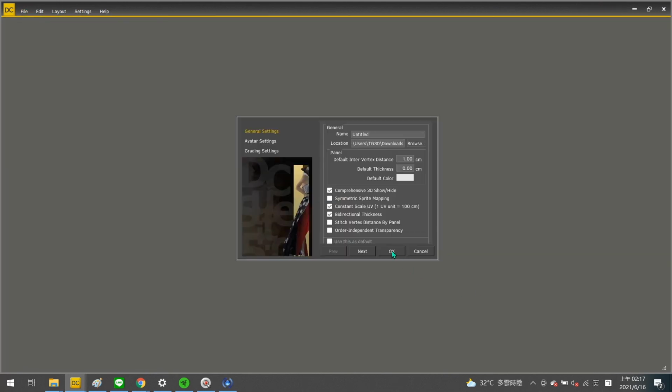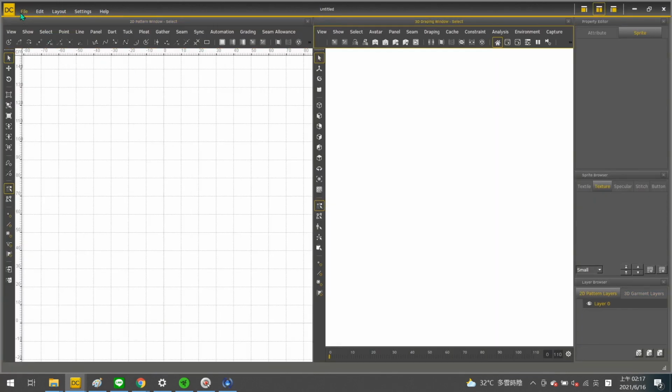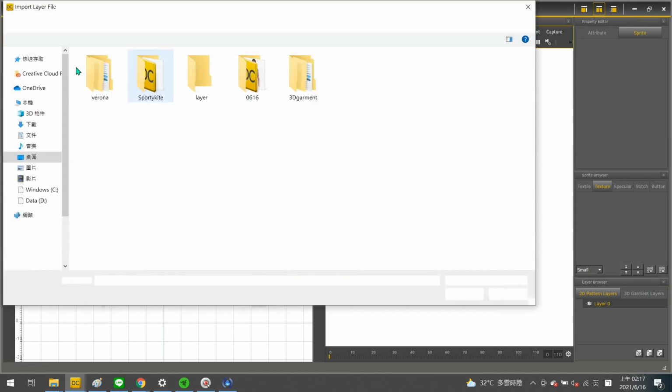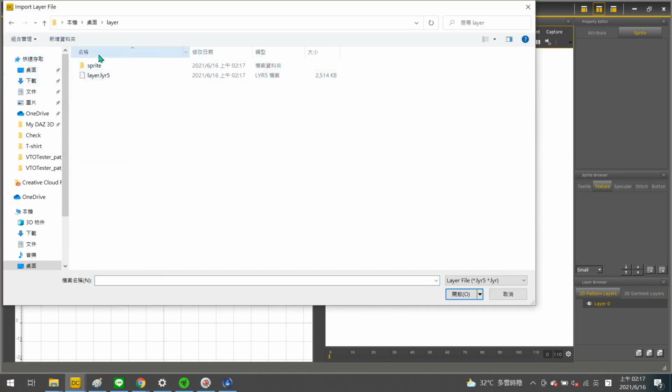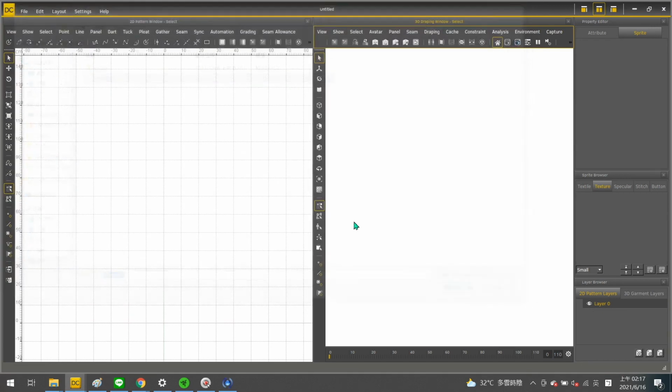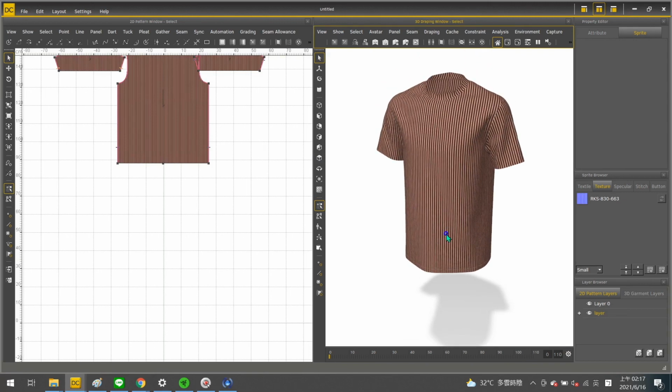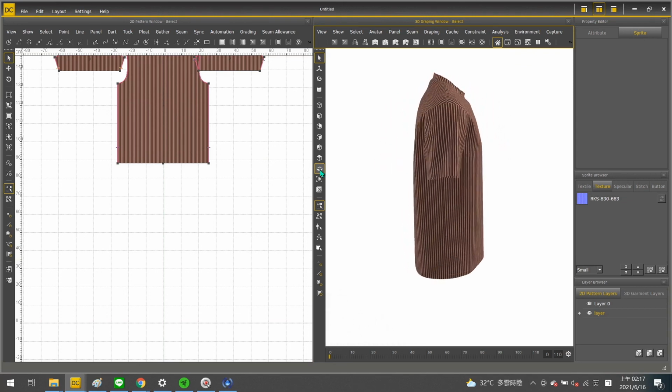The path is File, Import, Layer 5. Only the garment is brought into 3D, as you see. It is often used when two garments are prepared separately in the beginning and then need to be used together in the same project.